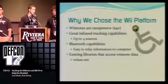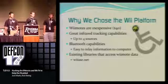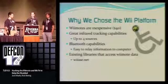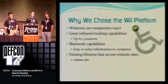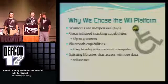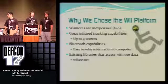We chose the Wii platform mostly because it's inexpensive. It's only about $40 per controller, and for that $40 you get a great infrared tracking camera. It tracks up to 4 different sources, and right now we're only using 1 source for head tracking, but in the future, if we plan on doing gesture recognition or maybe even sign recognition with the Wiimote,